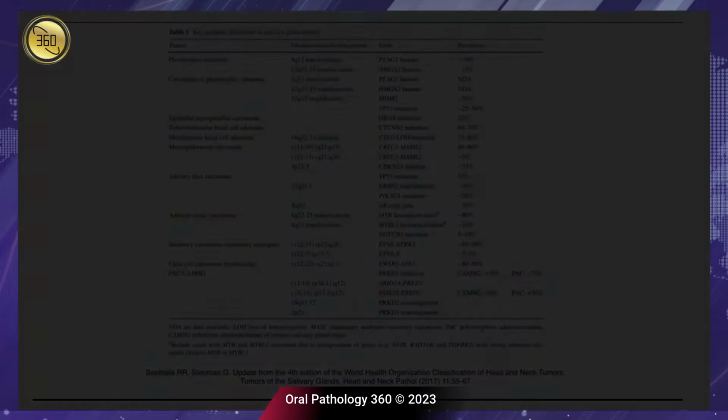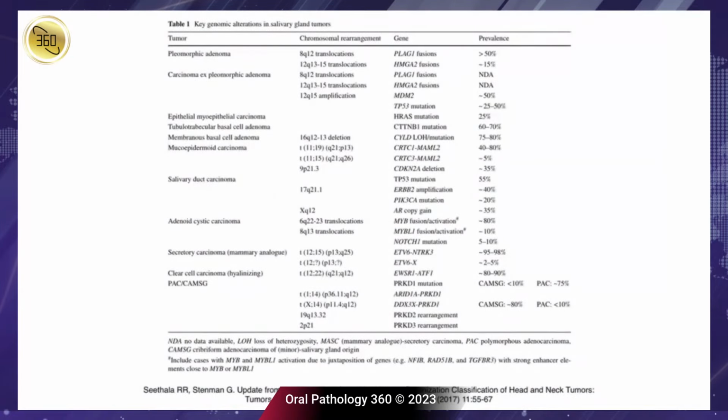And so what I did is I asked Raja Sitala if I could use his table. He's out of University of Pittsburgh. He did a nice job about four or five years ago and put together all of the mutational analyses that they had discovered at the time. This table is going to get larger over time, but I think that helps us. So that's kind of my run through salivary cancers.